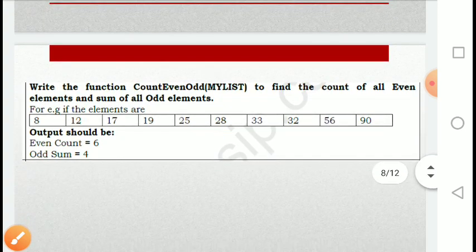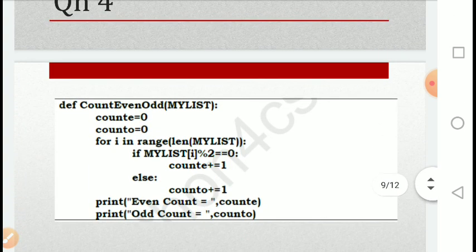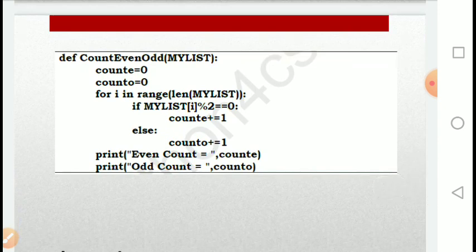Now the next question, to find the count of even and odd. This question is just to count the even elements and the odd elements. So you can see the answer here. They are just finding out the count only, not the sum. The same technique, but you are just counting how many there are. You are not summing up, you are just counting up. If it is an even value, just add 1 to the even count. If it is an odd number, add 1 to the count of odd.